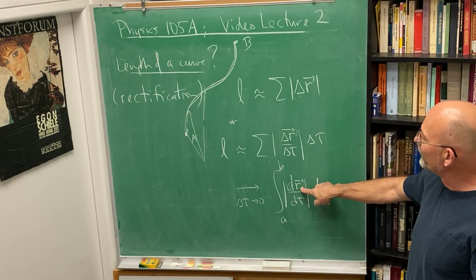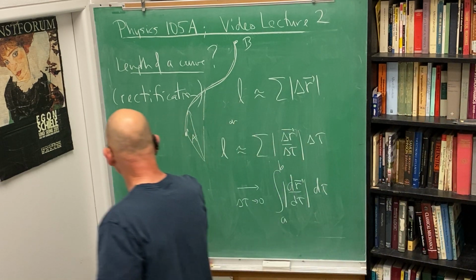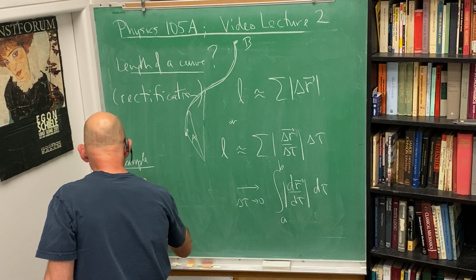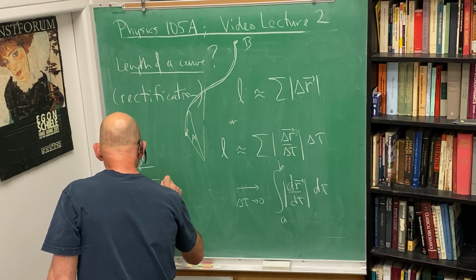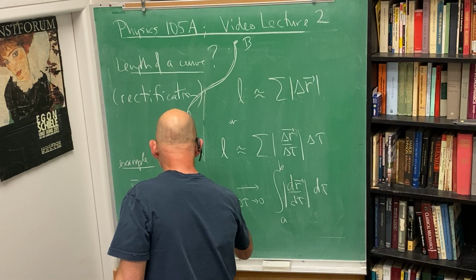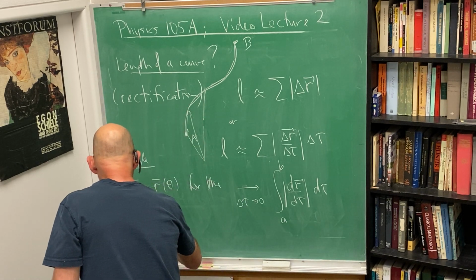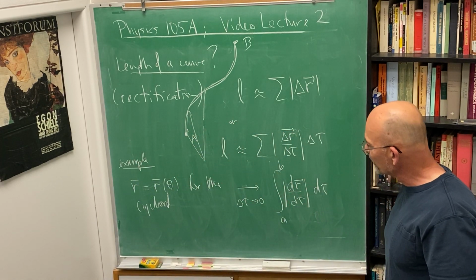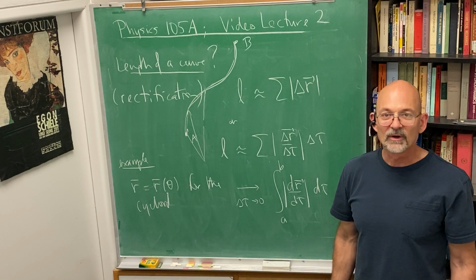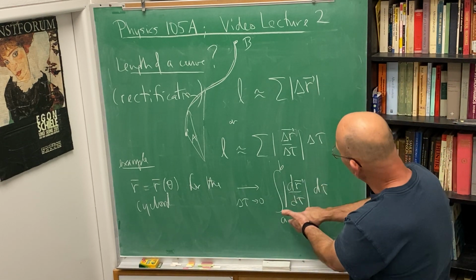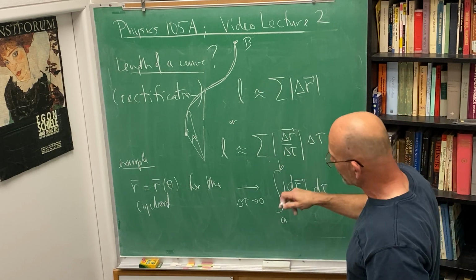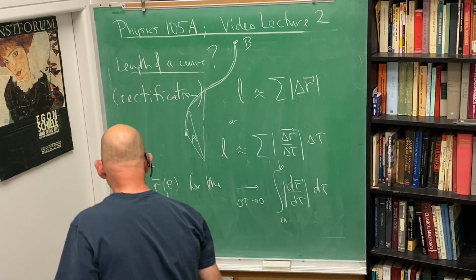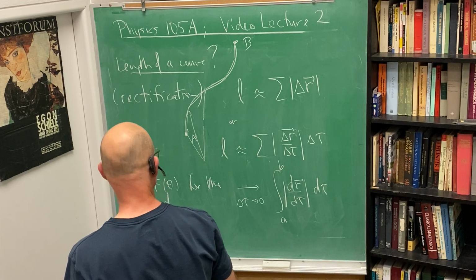R of tau is the parametrization, and just lest we forget, example, R equals R of theta for the cycloid. And what did our parameter run through? The parameter went from 0 to 2 pi, which is what I just had up there on the board a minute ago. So our homework is going to be find the length of the cycloid,